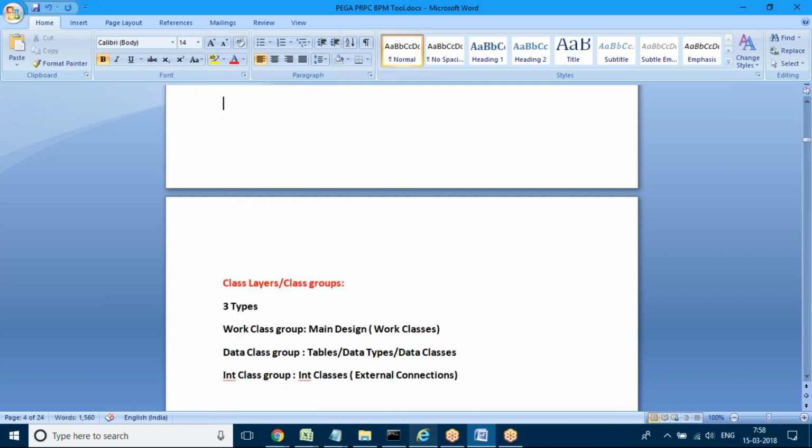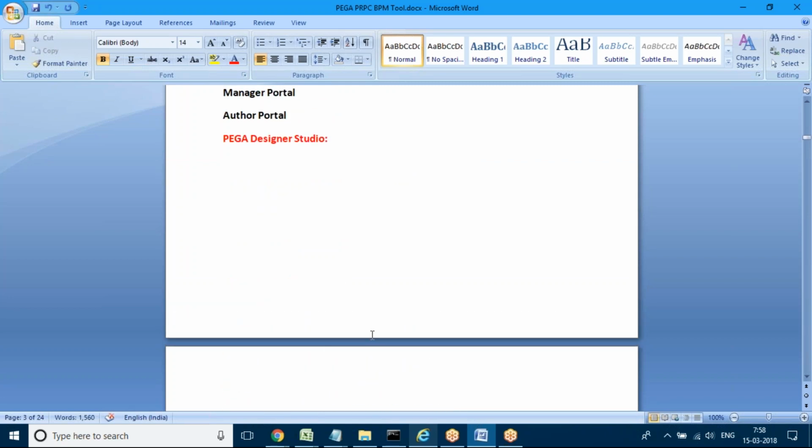First we'll discuss the components under the Pega Business Studio. Pega Business Studio contains four panels. One is called the header panel. See, this portal is common everywhere, guys. If you are working on a Pega project in any company, the options and the portal will be the same, not even a single option will differ.